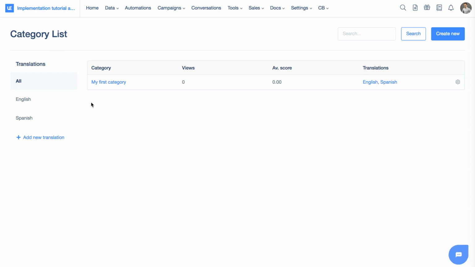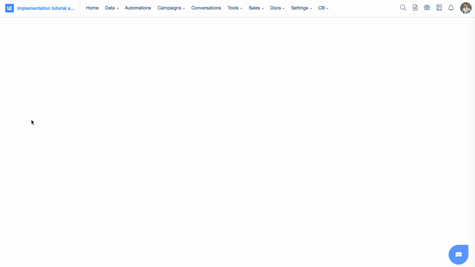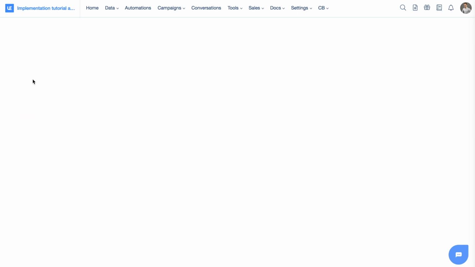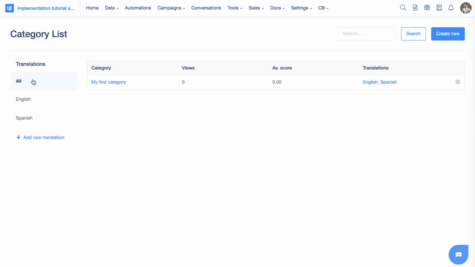Now I'm back on the list of all categories, and as you can see, I already have 2 languages here. So when I switch to Spanish, I see one language, I see one article. When I switch to English, I see one article. When I go to all, I still see one article. But this time, as you can see, it has 2 translations, and this is the primary language that I've chosen